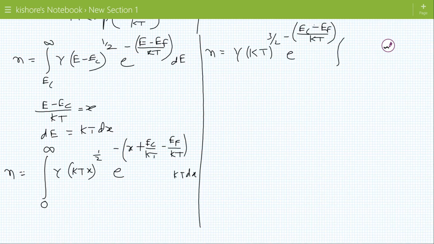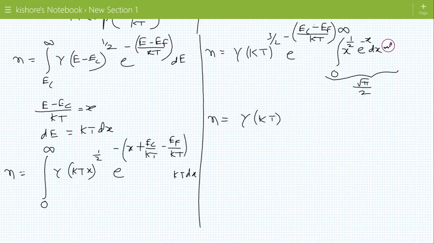So we'll have to integrate x to the power 1 by 2 e to the power minus x with respect to x. And the integration of this term is root pi by 2. So the expression for concentration of electrons in conduction band is gamma